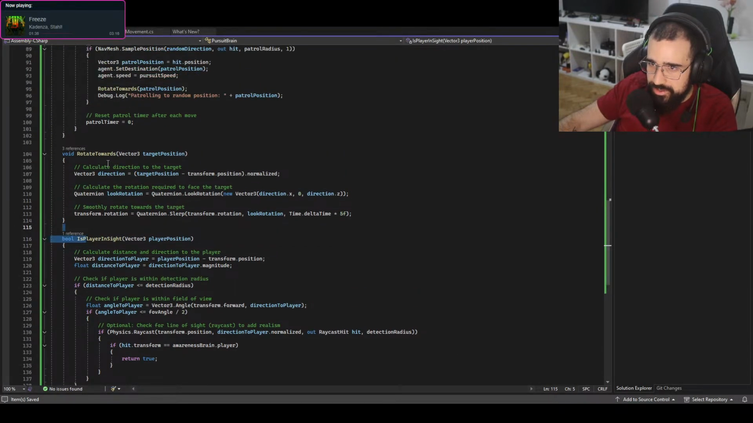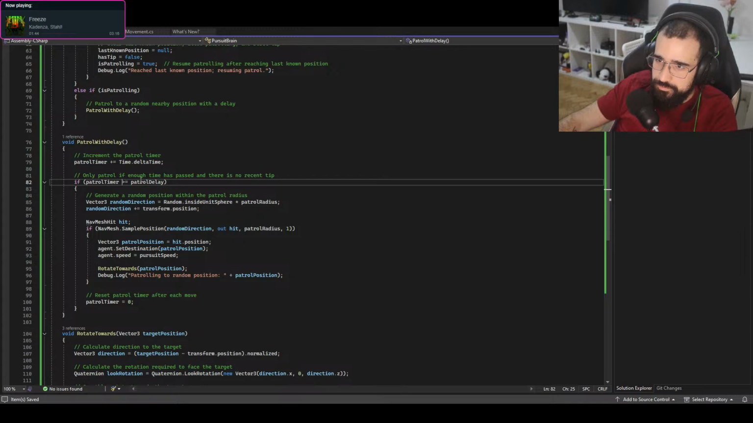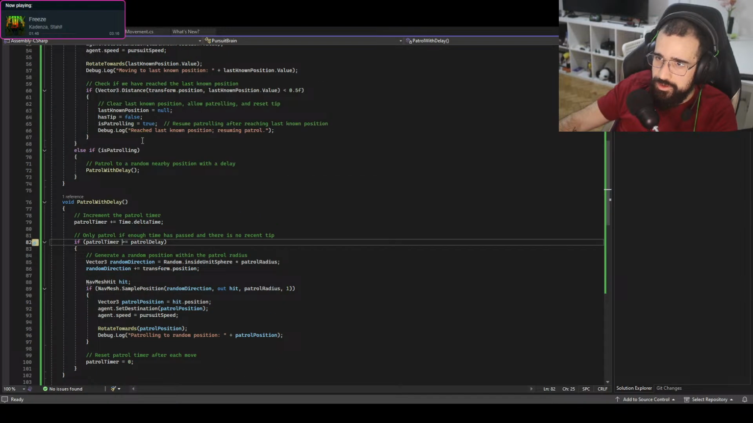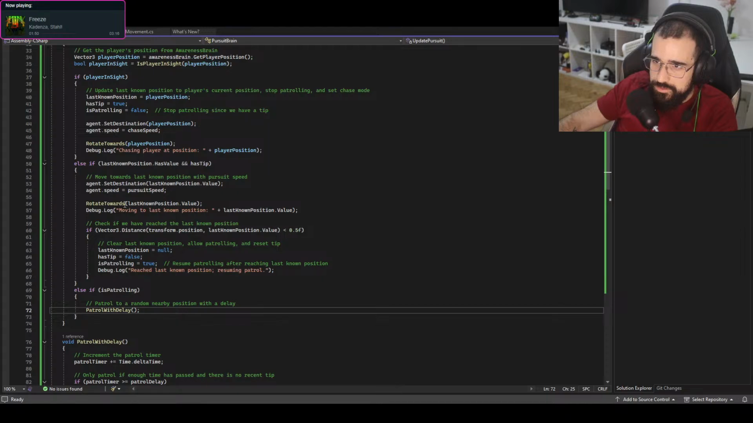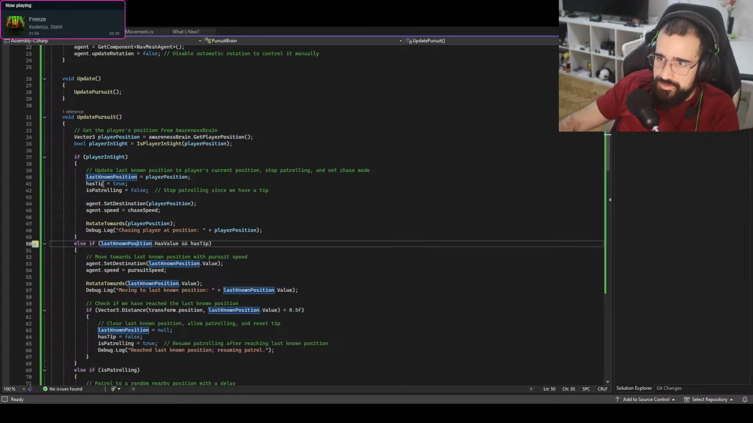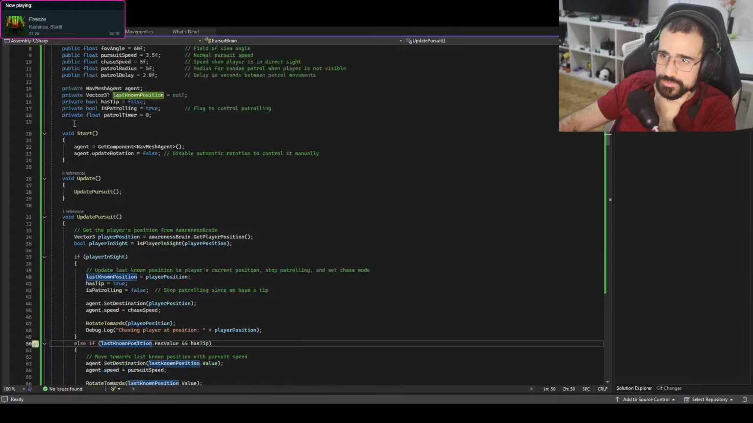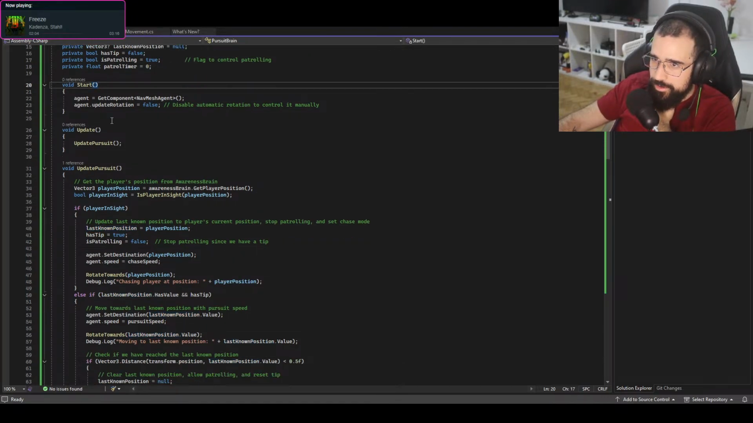Is player in line of sight, rotate towards player. Patrol with a delay. If patrol timer is greater than patrol delay, and last known position has value. Okay, let's go from the beginning. So that is the last known position, which the first script gives to the second script, so it can pursue me. Then